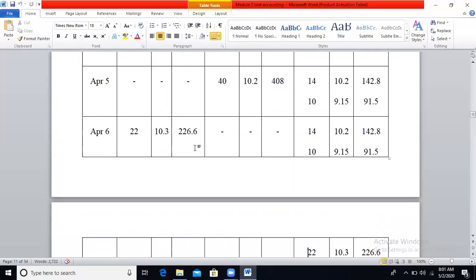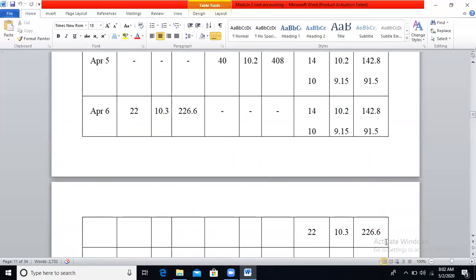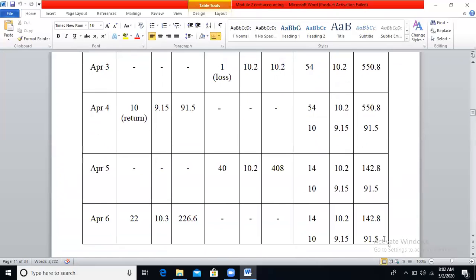Now first you have to enter the previous balances. So still we are having 14 units at rupees 10.2. The total value will be 142.8, and 10 units at rupees 9.15. The total value will be 91.5, and the new receipt, that is 22 units at rupees 10.3. The total value will be 226.6. So the next transaction is